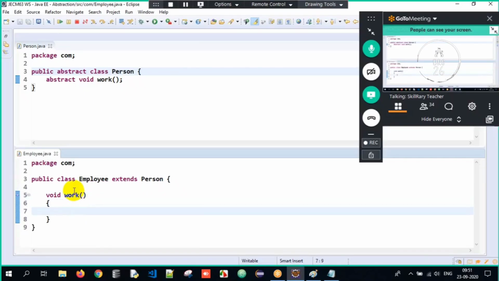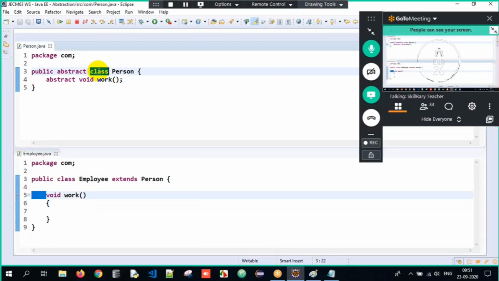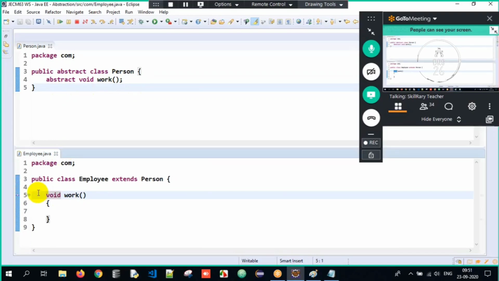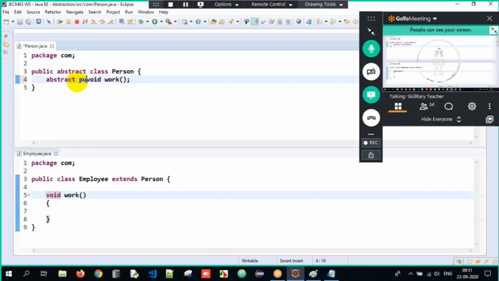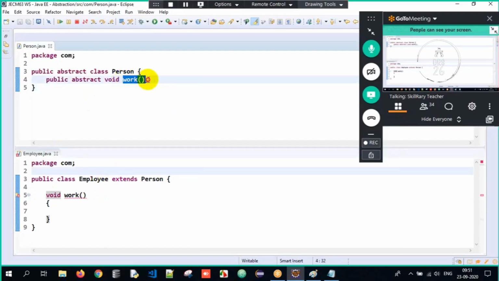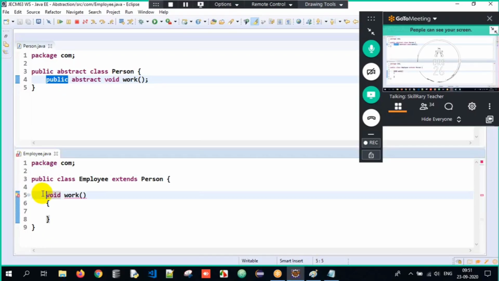See, there is no error at all. Why haven't I written public here? Because, sir, this is a class, and while overriding, the method has not been declared using public here, so it's automatically default. While overriding, it can be default, or I can increase it to public. But if I write it as public abstract here, now it gives an error. Why? Because the work method is public now. While overriding, the access specifier has to be the same or of increased visibility. So since it's public, we have to mandatorily retain it as public.